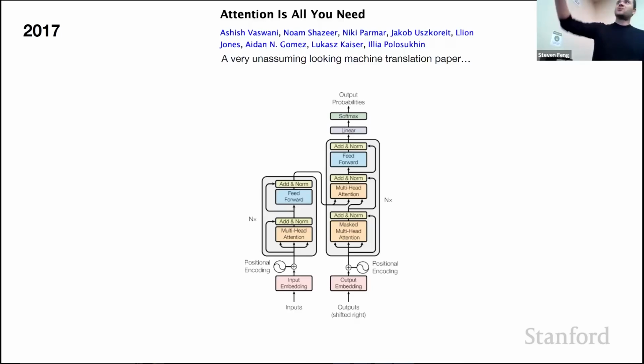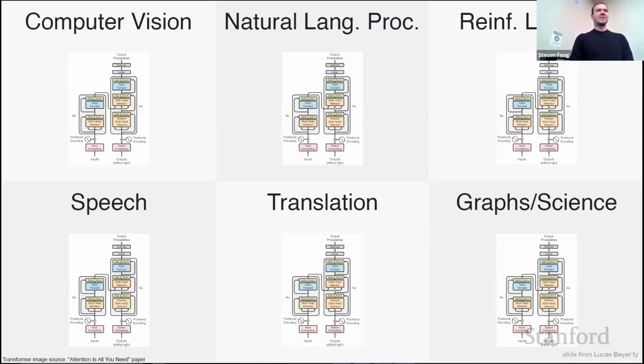So this was kind of an unassuming machine translation paper at the time proposing the transformer architecture. But what we found since then is that you can just basically copy paste this architecture and use it everywhere. And what's changing is the details of the data and the chunking of the data and how you feed it in. That's a caricature, but it's kind of like a correct first order statement. And so now papers are even more similar looking because everyone's just using transformer. This convergence was remarkable to watch and unfolded over the last decade, and it's pretty crazy to me.